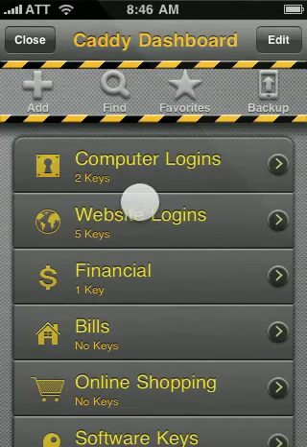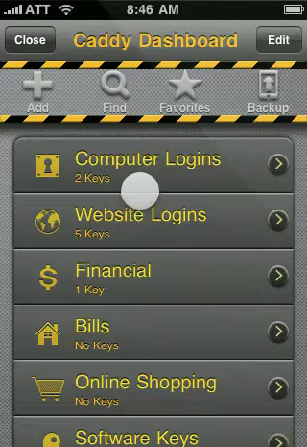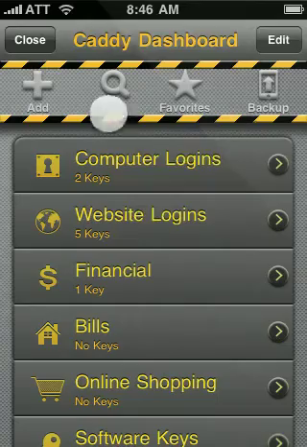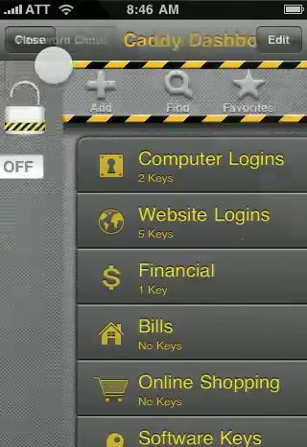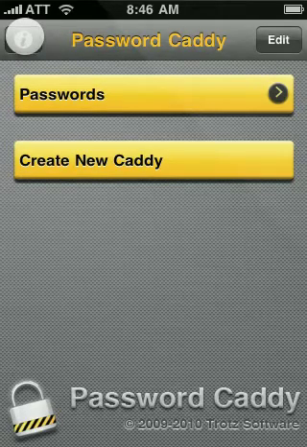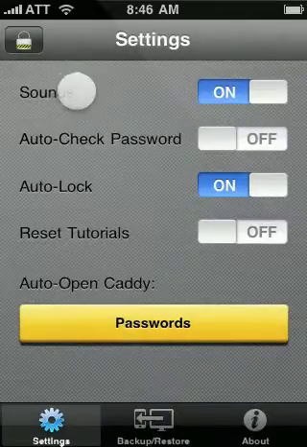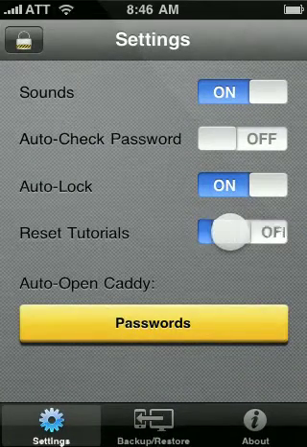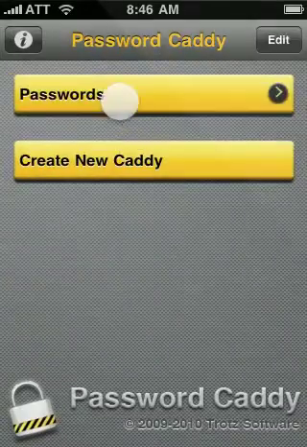And that pretty much concludes the basic use of this app. I don't want to go too far in depth. There are tutorials that when you first start up, you're going to learn more about all the different things you can change and add. If you find that you forgot something that was shown in a tutorial, you can easily get to it by coming back to the main screen here. Hit the eye icon, and under settings you'll see a reset tutorials. Just hit that, and next time you go into your caddy,